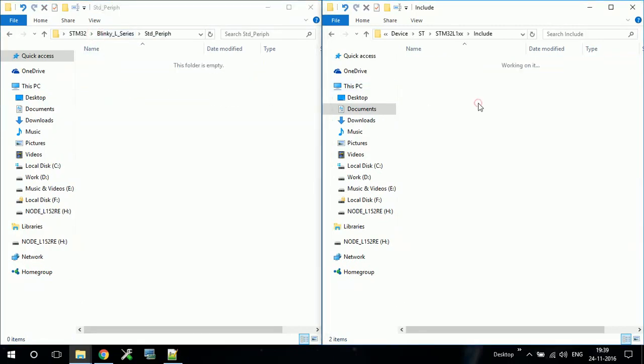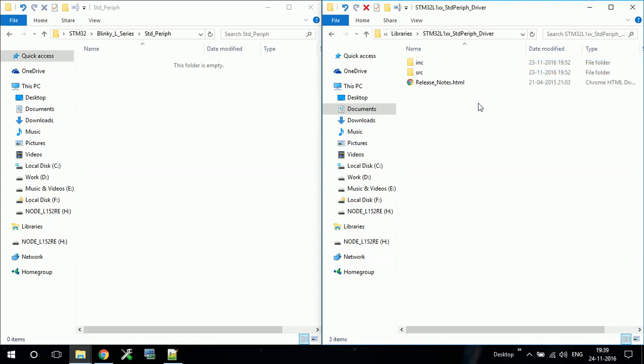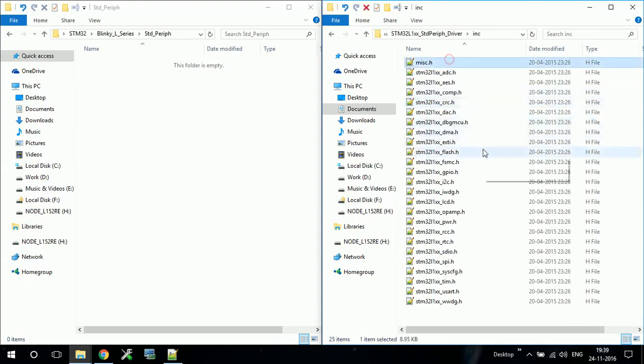Now for standard peripherals, I need three files. The first one is misc, the second one is GPIO, and the third one is RCC for clock control.